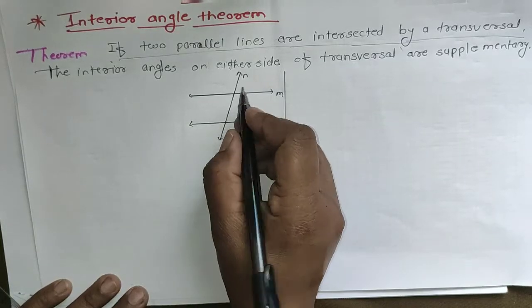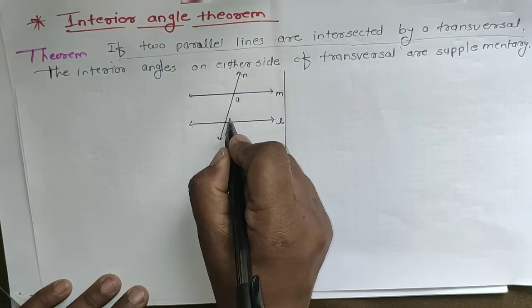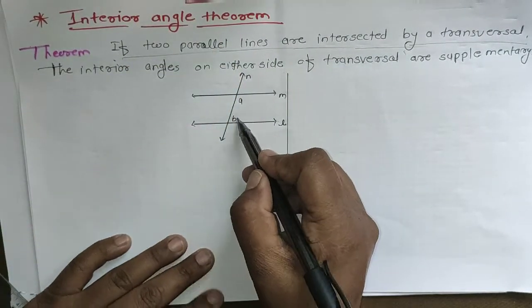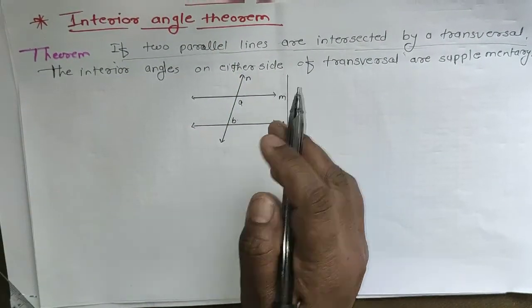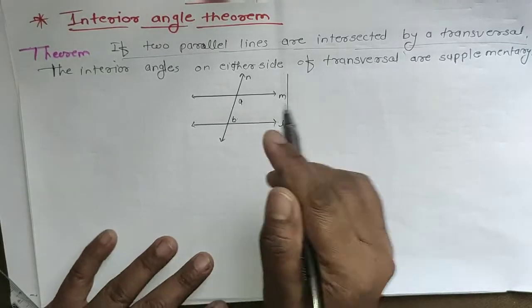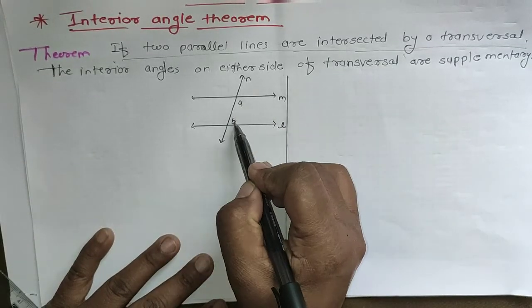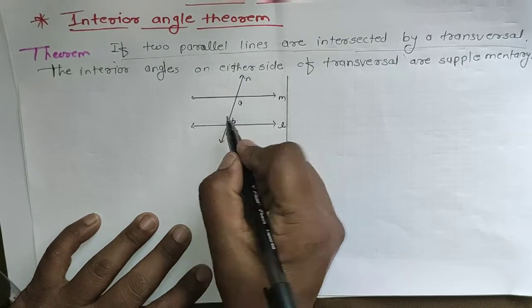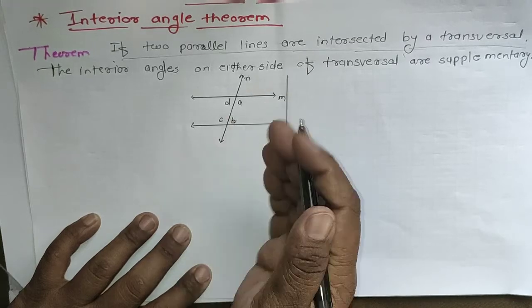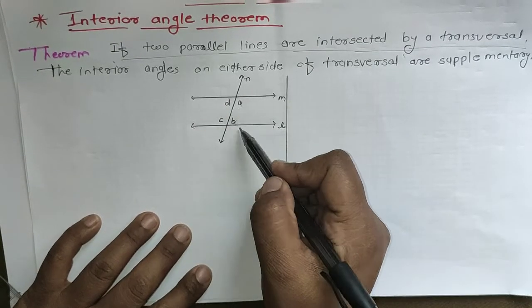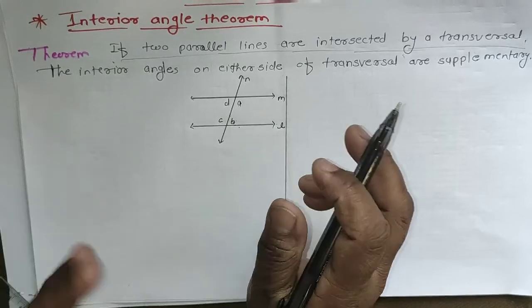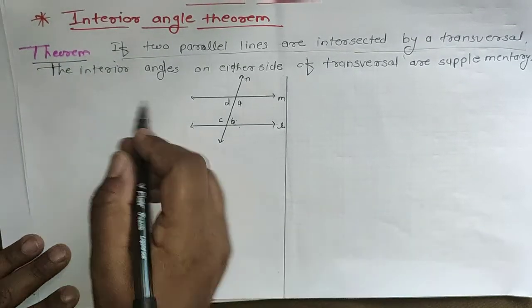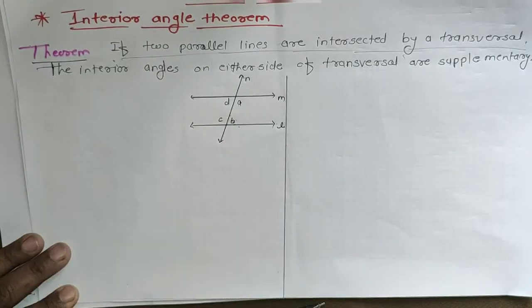Which interior angles are formed here? On this side of the figure, on one side of the transversal, these two are the interior angles, whose positions we already studied, and they are supplementary. That we have to prove. So A plus B is equal to 180, that we have to prove. On the right side of the transversal are angles A and B, the interior angles, and on the left side of the transversal are D and C. As you know, the theorem's first step is to draw the figure. Afterwards we have to write the given.